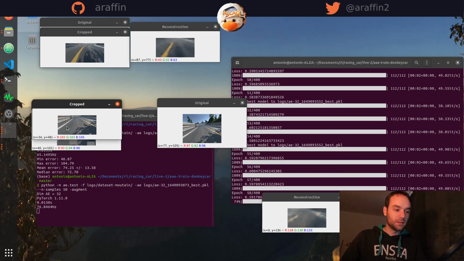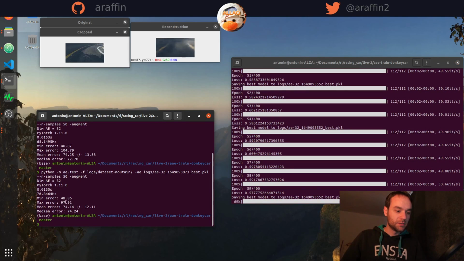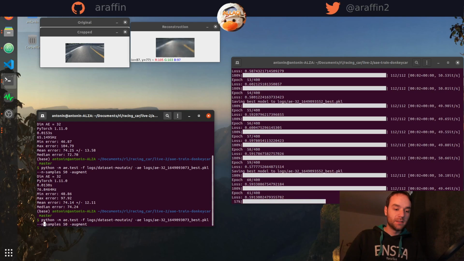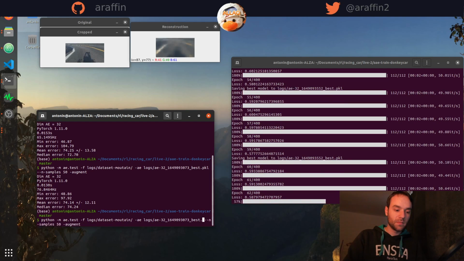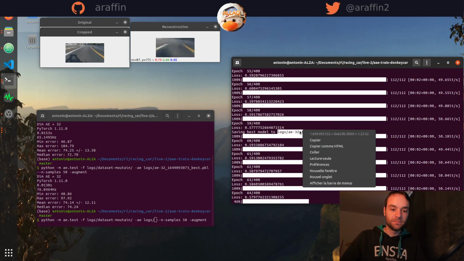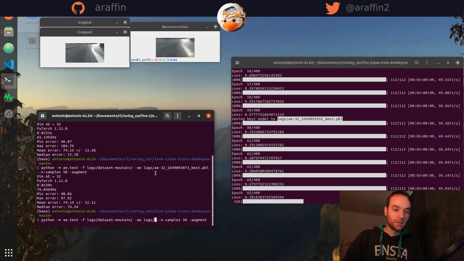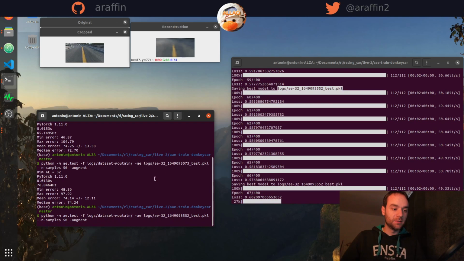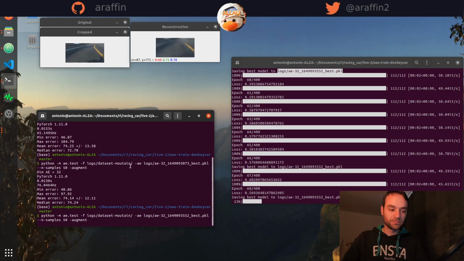So here, for instance, the mean error was around 74, but if we load the latest model, and for the name, we're just going to copy paste it from this terminal. Okay, so if we load from that one,